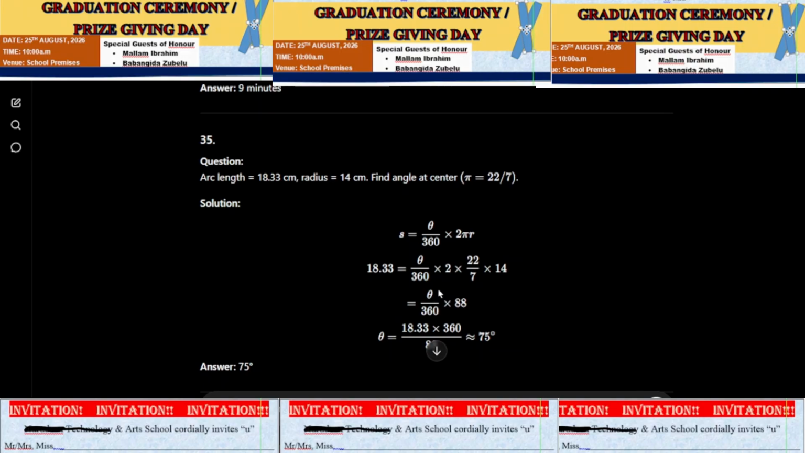But since we are looking for this pi, if you multiply this by this, that's 88 pi all over 360. So the 88 will multiply 18.33. But we are going to have 88 pi. So if 88 is divided, the 88 will go down. So if you do